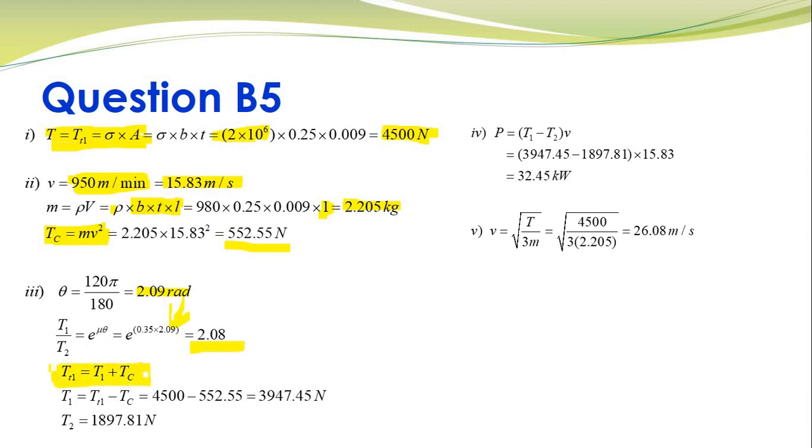Now this is something very important that you need to understand. The total tension on the tight side is simply equal to T1 plus Tc, where Tc is your centrifugal tension, and the total tension is the same as your maximum tension over here. So these two parts are interrelated. The maximum tension was 4500, so 4500 is equal to T1 plus Tc, and Tc we had calculated over here. So 4500 minus 552.55 gives you your T1. T1 is 3947.45 Newton, and using the tension ratio T1 over T2 we get our T2 to be